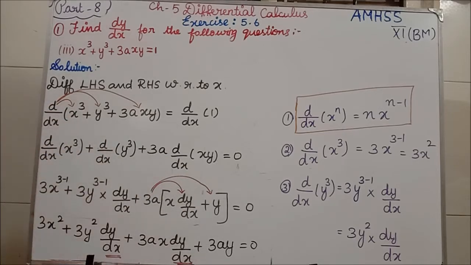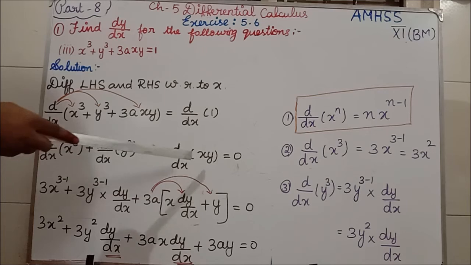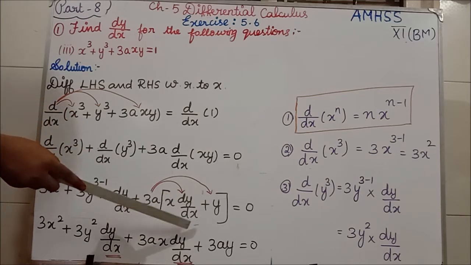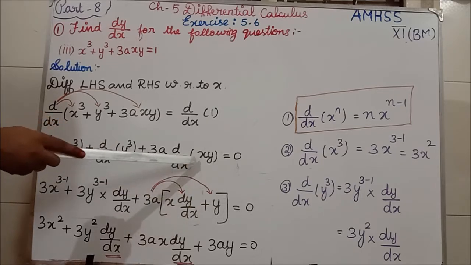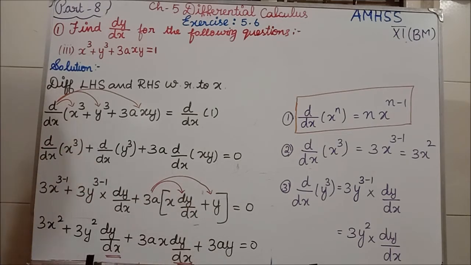By uv. Differentiation of uv. Product rule formula, we are straightly writing the answer. Clear? How are we writing? u v dash. v dash means how can we write? u dy by dx plus v u dash. u dash means u, if you differentiate x, you will get 1. So we are writing 1.